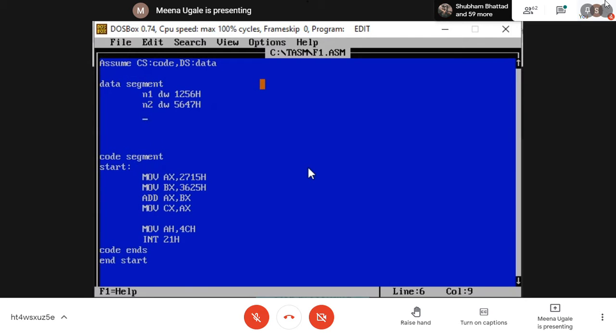And then I want my answer, NS variable. This will also be of DW type. And I don't know what the answer will be. So there are different ways to write this. One is to assign the memory location for this and keep this location empty with a question mark.